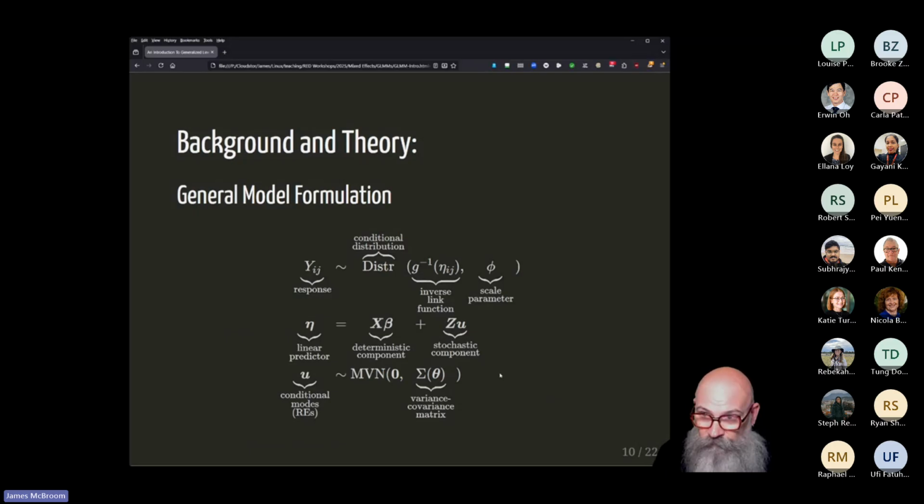Okay, the conditional modes, what we call the random effects, are the conditional modes of each group, and they have a multivariate normal distribution with a zero mean vector and a variance covariance matrix that depends on parameters theta. And those parameters theta need to be estimated. Generally speaking, they're the tricky bits in generalized linear mixed models. They're the ones that cause the problems, which is why in practice, people don't go for very complicated random effects